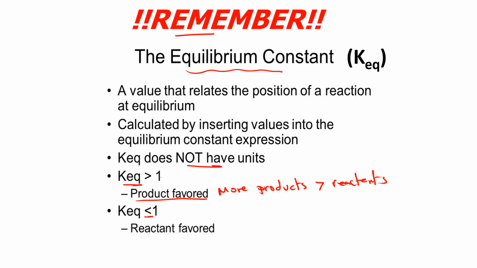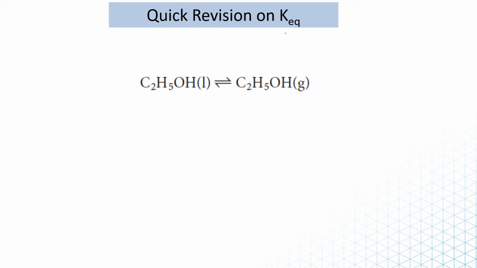And if K equilibrium is less than 1, it means you have more reactants than products. This is the meaning of the value being greater than 1 or less than 1. Okay. So, and we know how to write K equilibrium. For example, here we have liquid and we have gas. If I ask you to write the K equilibrium for this equation, you should say K equilibrium equals the concentration